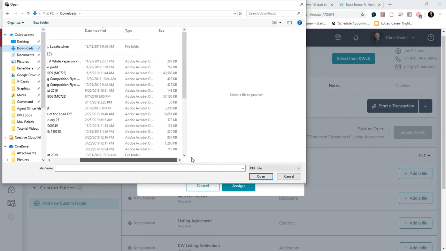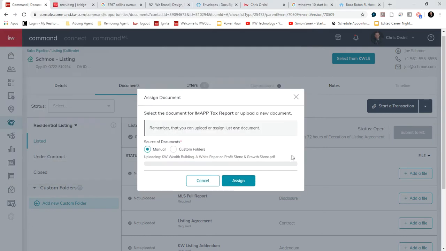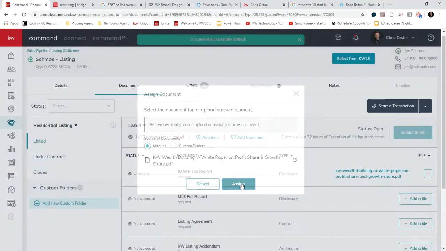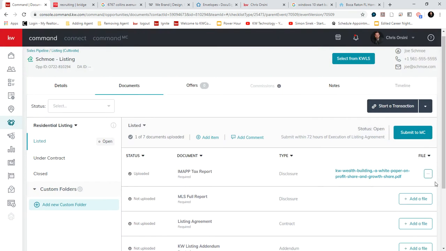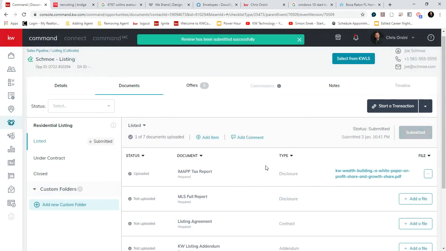Let's do wealth building. And I'm going to assign it, and it's going to then assign it to that checklist. Now, you can either submit every time you have uploaded a form or added a file, or you can submit it all at once. It's really up to your market center. But just know it will bounce back if you haven't gotten all the forms completed in the checklist. Now I'm going to submit this and then go over to the market center side,